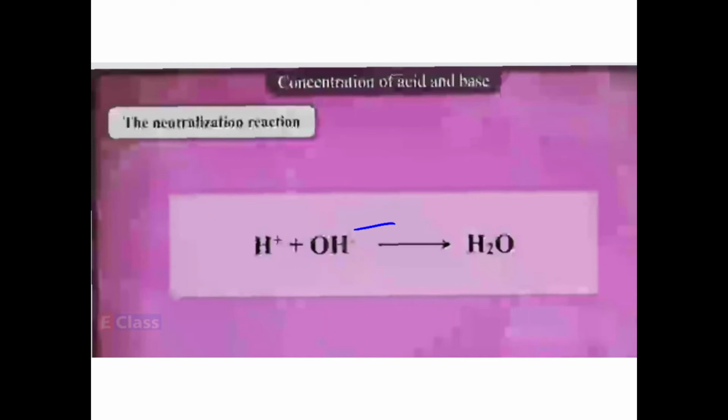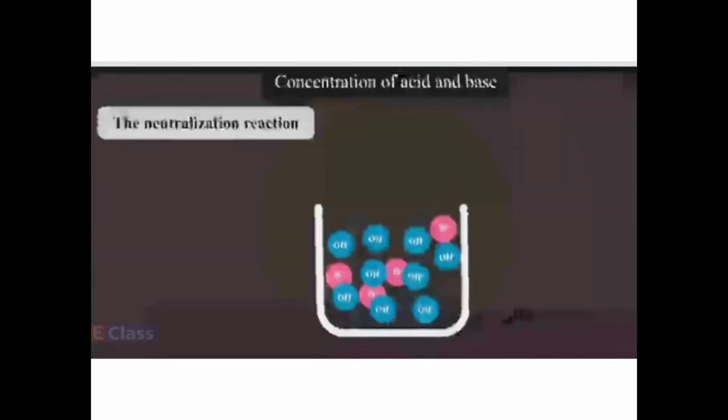So what you have, children, when you add the drop of NaOH, the concentration of H goes on decreasing, because the H combined with OH and kept forming water, so the H concentration kept reducing, right? So this is how the pH goes on increasing. H ion goes on decreasing. So we see that the pH goes on increasing.